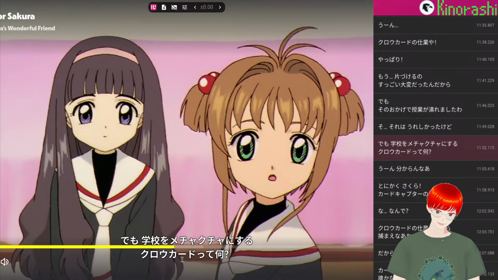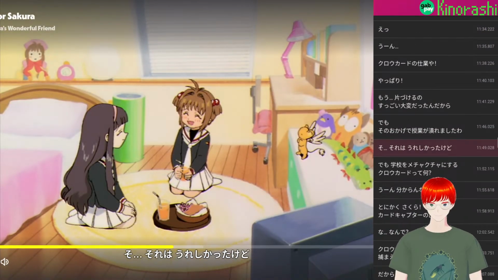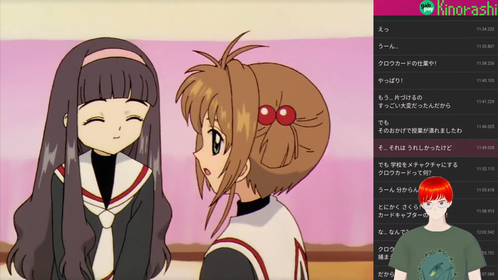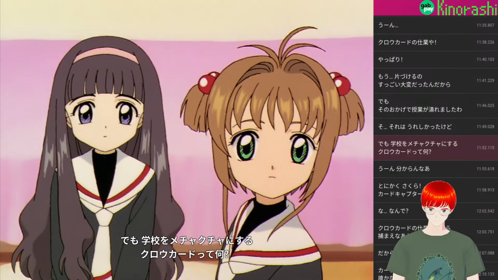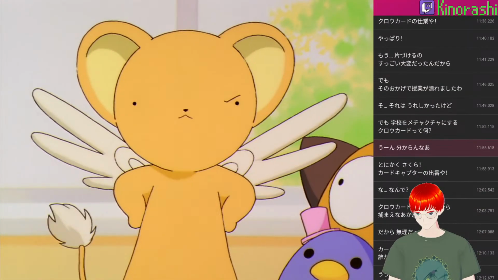学校をめちゃくちゃにするクローカードって何？はあ、潰れましたわ。それは嬉しかったけど。でも学校をめちゃくちゃにするクローカードって何？わからんな。